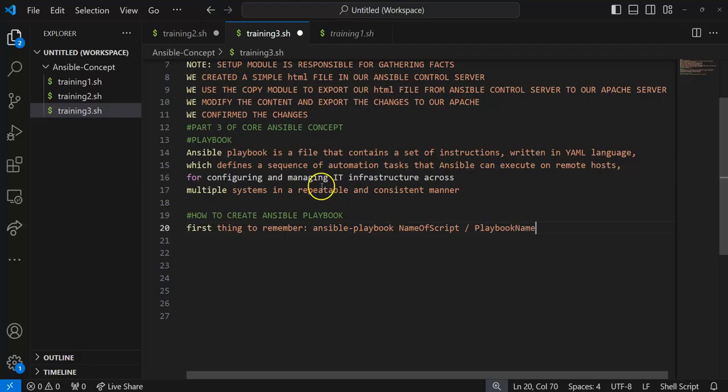So always remember, after you create your playbook, to run it on your CLI, the first thing to remember is ansible-playbook, followed by the name of the script, or maybe you call it your playbook name, right? And also, the second thing you also have to remember